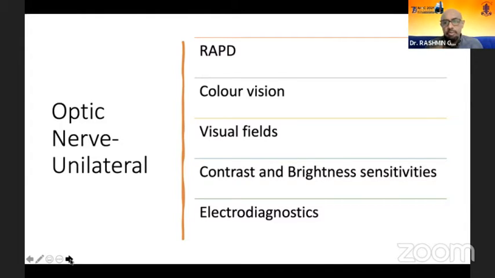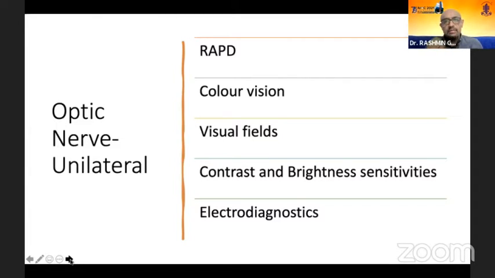A unilateral optic nerve lesion would show always RAPD. So if you have a unilateral or asymmetrical optic nerve problem, you'll always find RAPD. You need to make sure that when you check for RAPD, you do it in the ideal test conditions, which is dark room, patient looking straight, and both pupils equally illuminated. That means the angle of illumination and the time for which each pupil is illuminated should be equal, because RAPD is relative afferent pupillary defect, one pupil versus the other pupil.